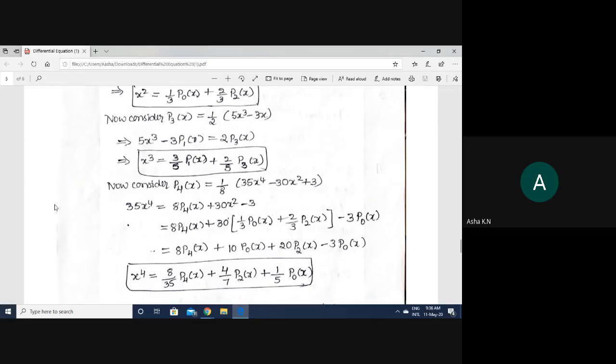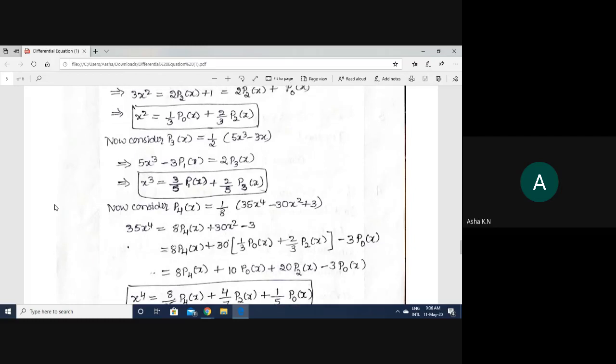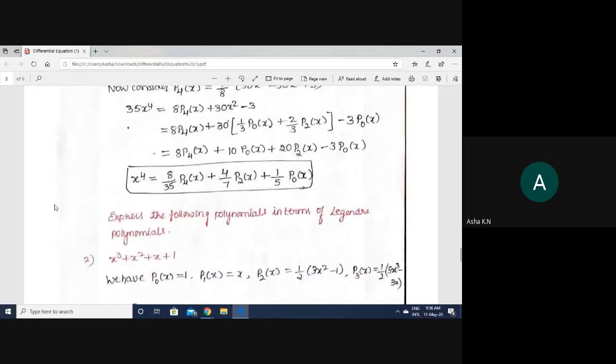Still, from the exam point of view, you should write these things first: P naught of x, P1 of x and so on. If you feel remembering P3, P4 and all is tough,